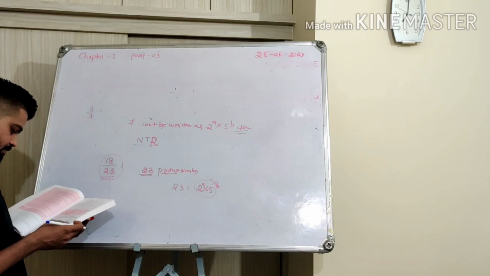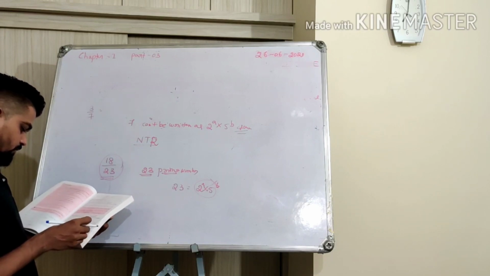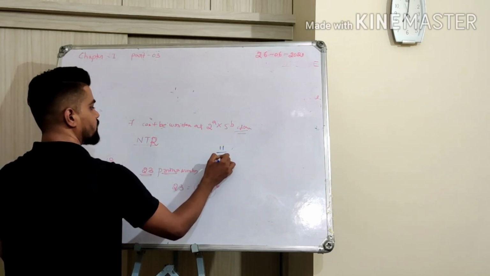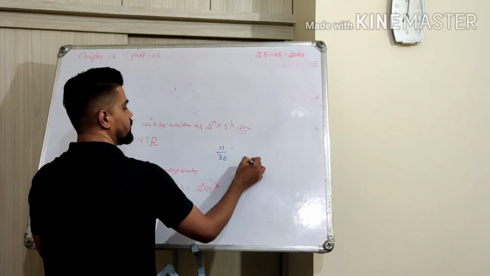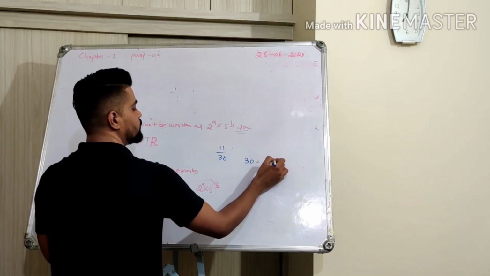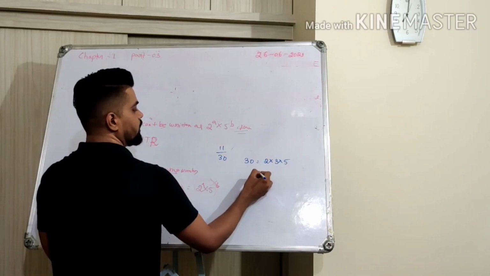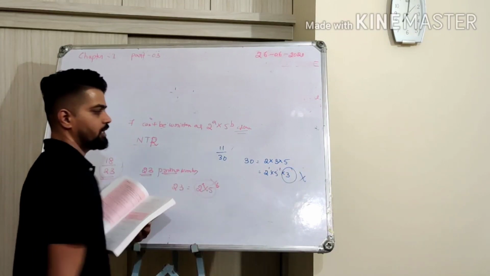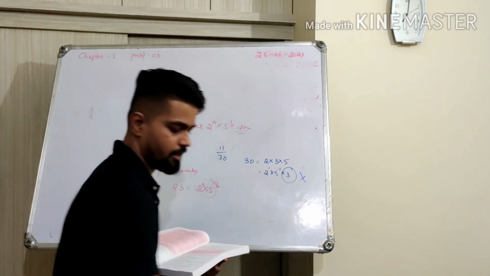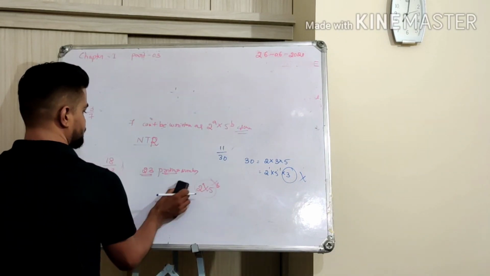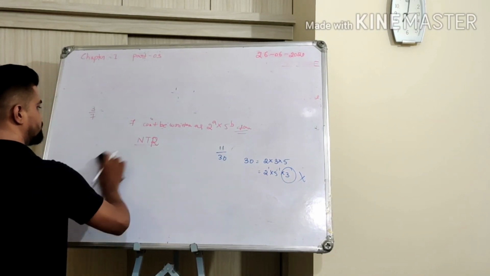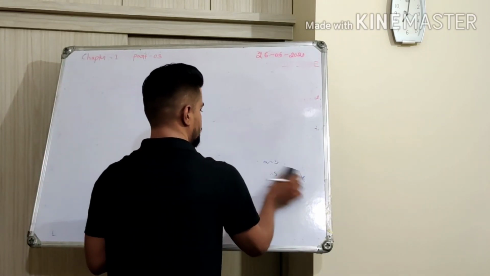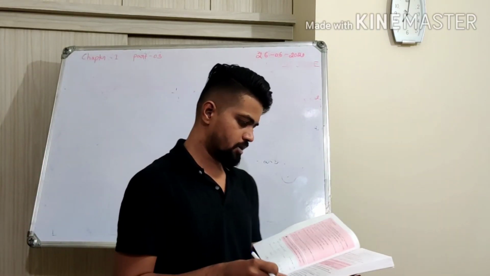Okay. So now we have some examples. One more example I have, 11 by 30. Now 30, can you tell me? 30 can be written as 2 into 3 into 5. Right? So 2 power 1, 5 power 1 is okay, but 3 is coming. So that is the reason this cannot be a terminating decimal. Okay? So these are the examples given in the book. Now there are 3 example questions in your book. I'll go for that.